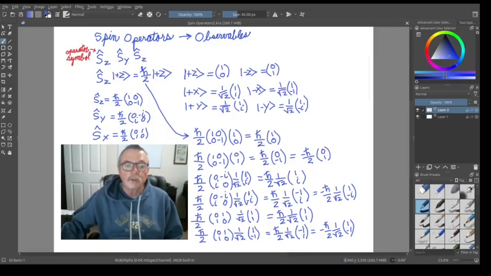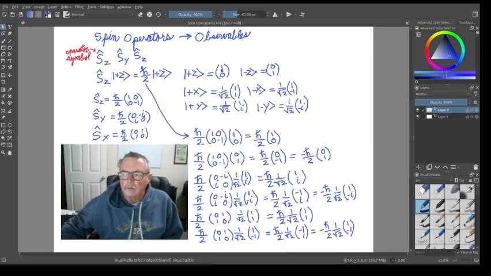As usual, I've filled the board with stuff and made just enough room for my face here. I've shown each of these items, which we should be familiar with from the other videos. This represents simply the plus z. This represents simply minus z. And this represents 1 over square root of 2 times plus z plus minus z. And this represents 1 over the square root of 2 plus z